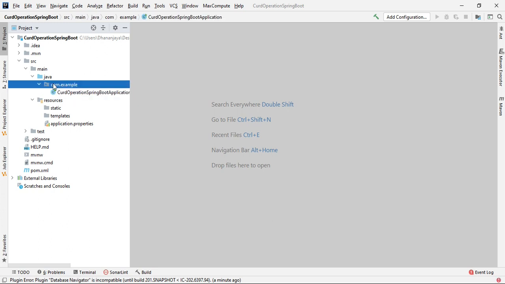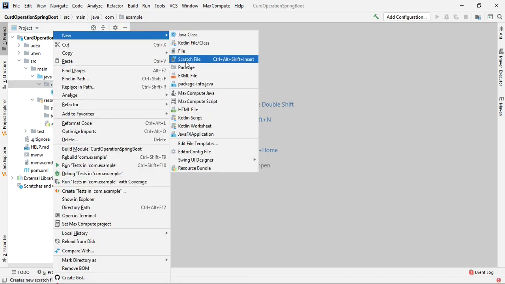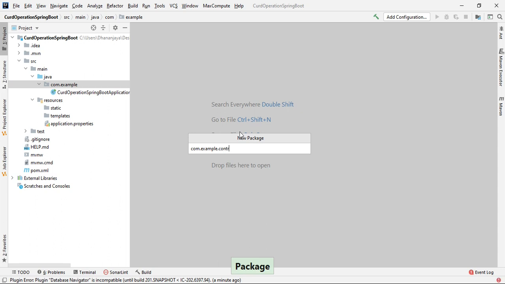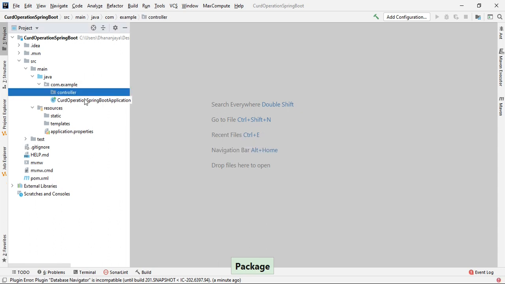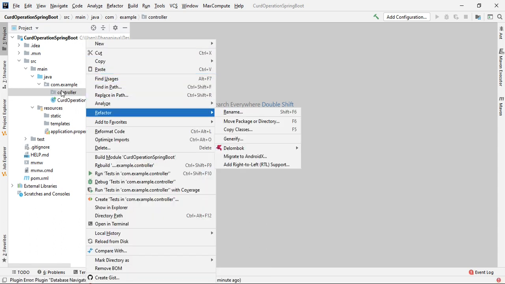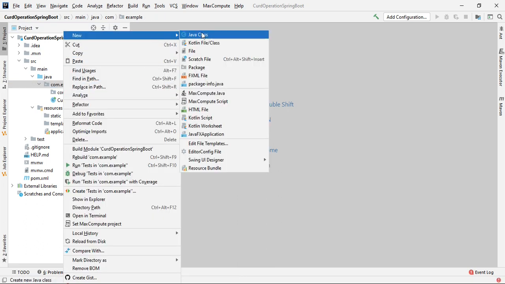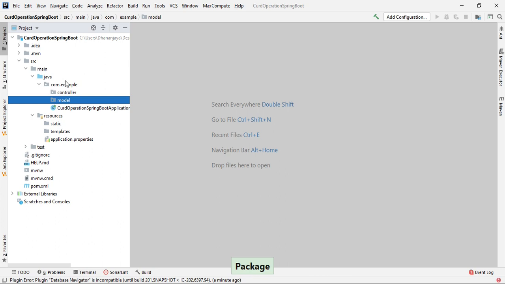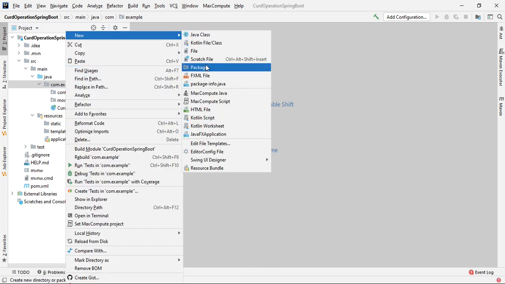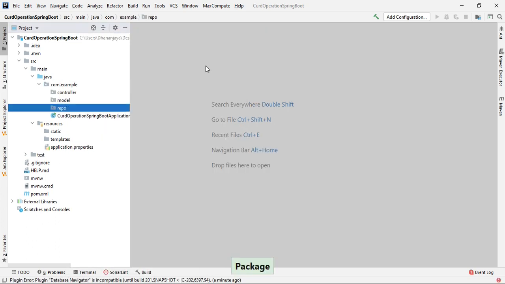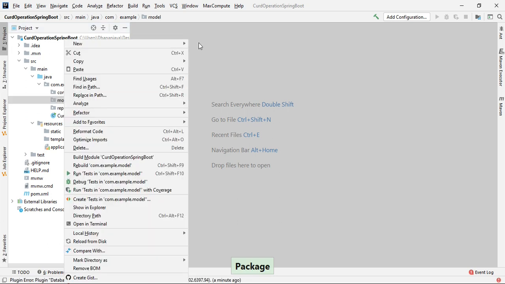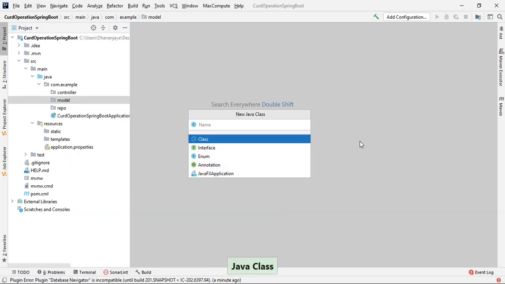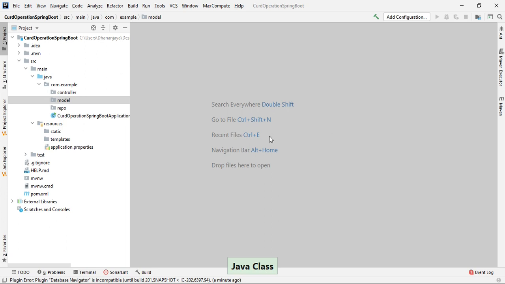So let me add a controller package, then model, and add repository. In model, the user model will be there.